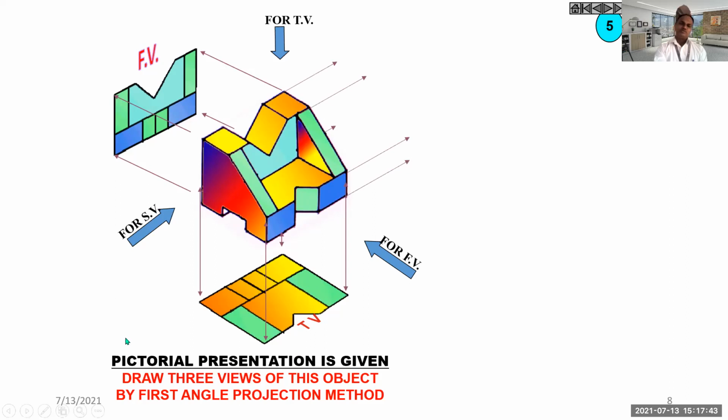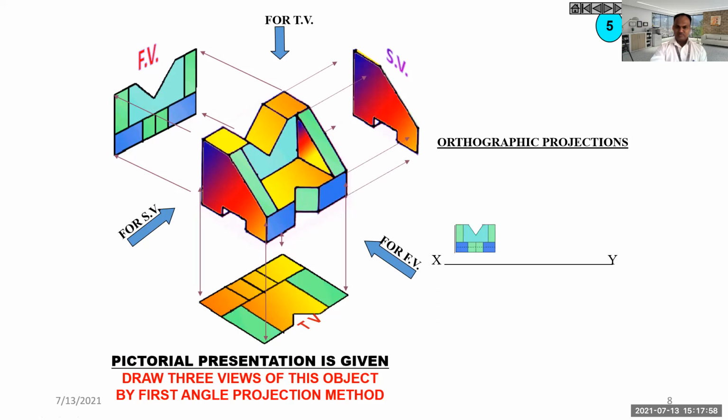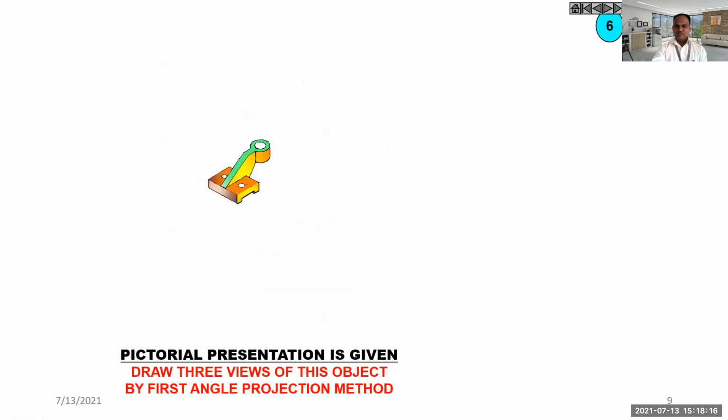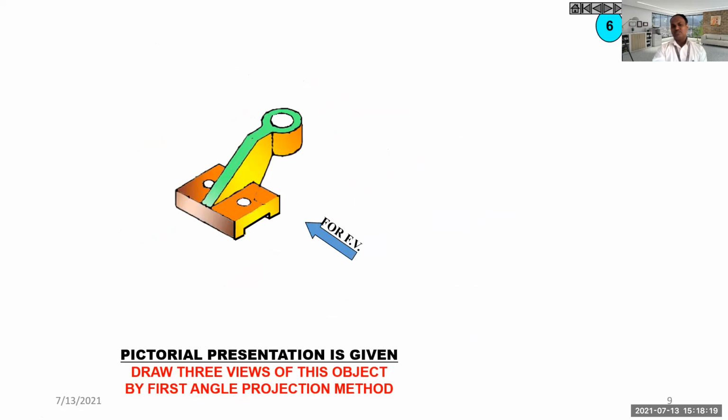In side view, only this portion is visible and all others will be dotted lines. This will be dotted line, this will be dotted line, this will be dotted line. So we are going to show here. They are not shown here, but we'll show in side view here. So this dotted line, and this dotted line, all three will be your dotted portions shown in the side view. It is very important to show dotted lines also, because without that you cannot imagine what is the actual object.